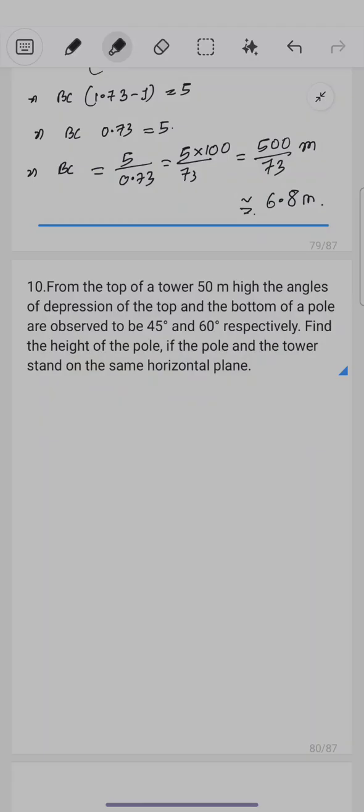From the top of a tower 50-meter high, the angles of depression of the top and the bottom of a pole are observed to be 45 degree and 60 degree. Find the height of the pole if the pole and tower stand on the same horizontal plane. So, let's say this is